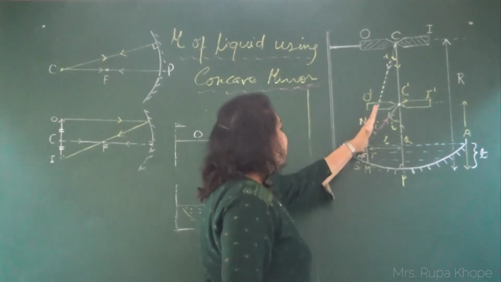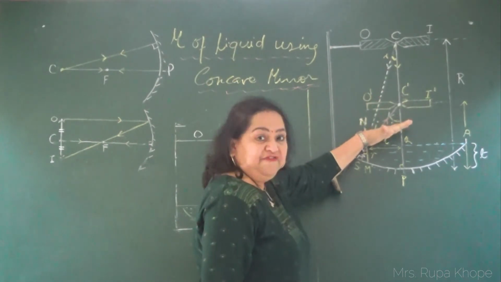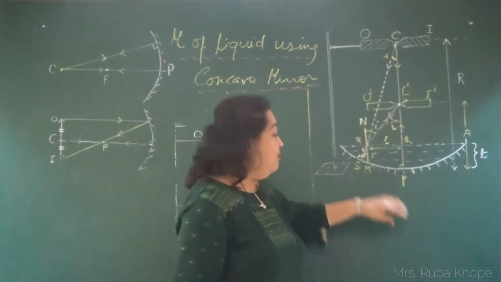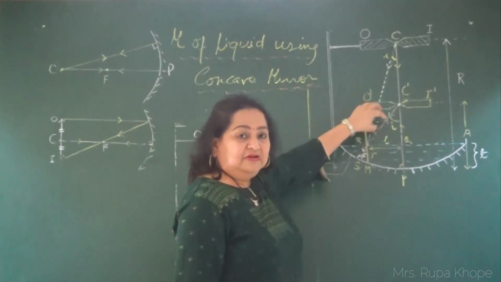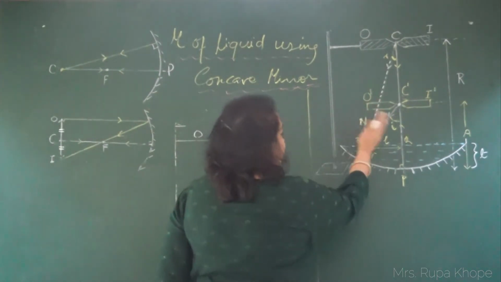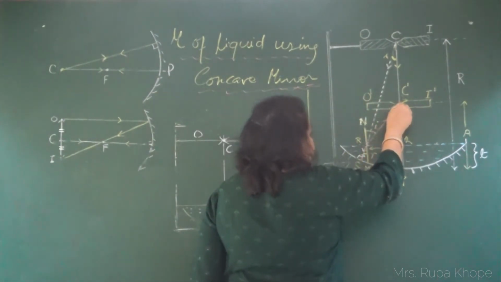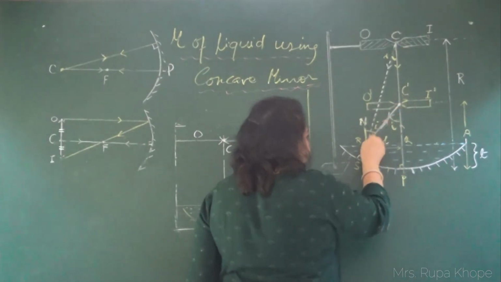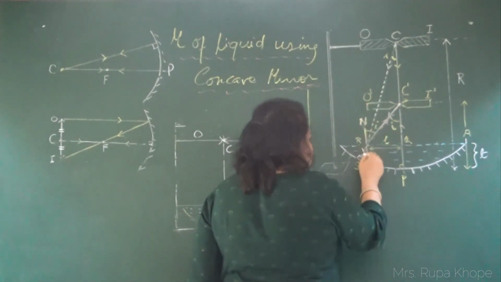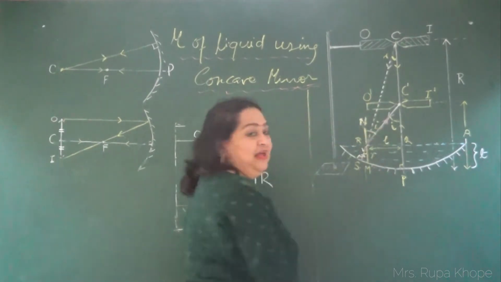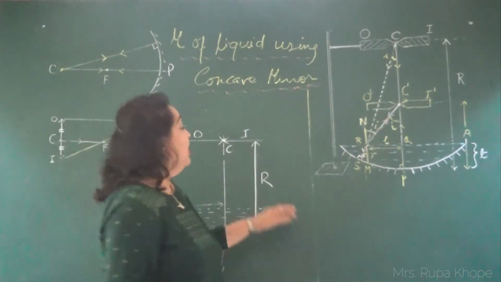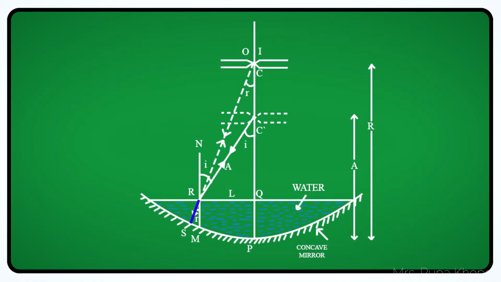This ray is like this actually. It moves away from the normal because it's traveling from denser medium to rarer medium. So it moves away from the normal. So this is the incident ray. This is the normal. This happens to be the angle of incidence. This is the normal and this is my refracted ray. So this angle becomes the angle of refraction.